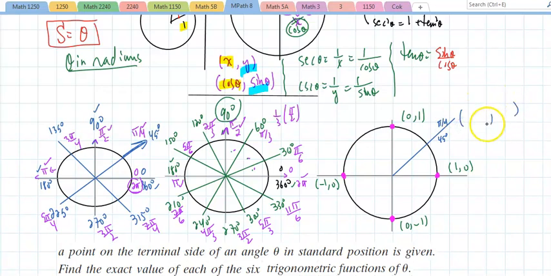And they say, look, if I was looking at a triangle in which this is 45 degrees and this is 1 radical 2. If I want the radius to be 1, I could do that by dividing this by radical 2, dividing this by radical 2, and dividing this by radical 2. So if you make that a 1, if this is a 1, then automatically, if you're talking about this being 45 degrees, this right here is 1 over radical 2, and this is 1 over radical 2. If you rationalize,